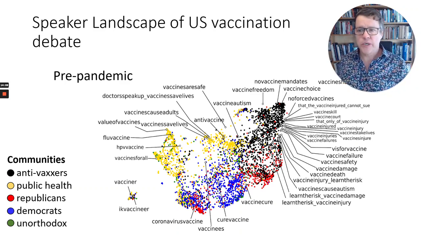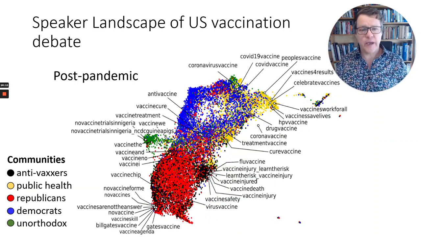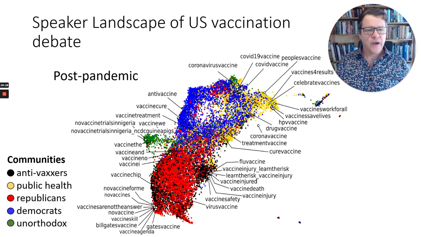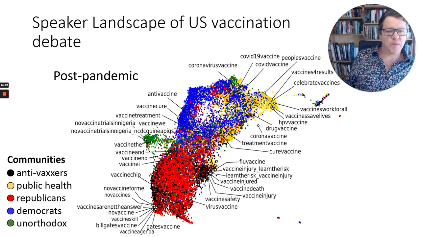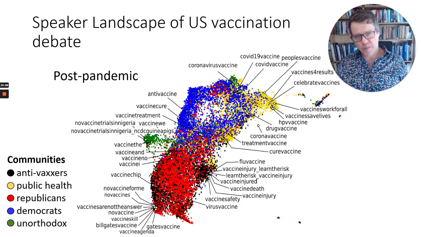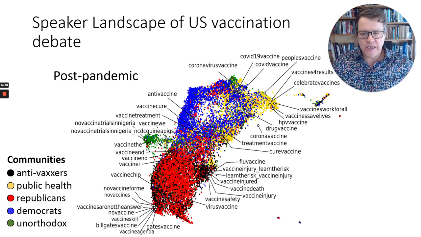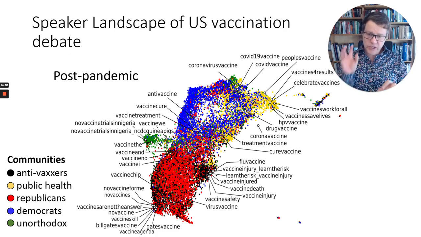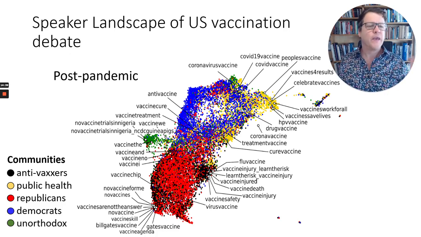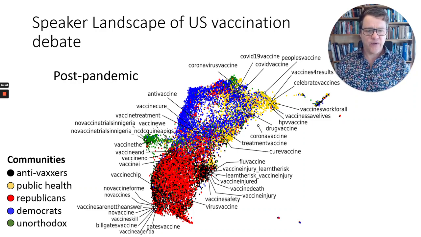But look what happens post-pandemic. Now post-pandemic we get a clear, polarized structure. On the one pole you've got a very strong pro-vaccine up top there: vaccines for all, celebrate vaccines, people's vaccine. It's a strong public health language. Down on the bottom, you've got vaccines kill, Bill Gates vaccine agenda, etc. The anti-vaxxers. And now the anti-vaxxers become split between those that are right at the bottom, and you'll find there we can almost call them vaccine hesitant group, closer to the black dots,